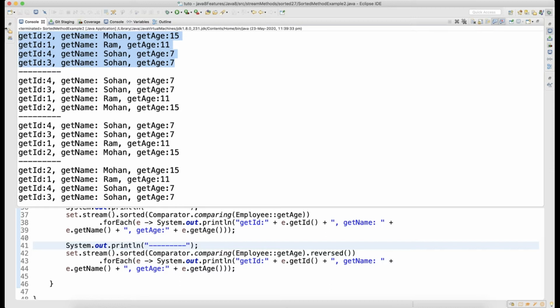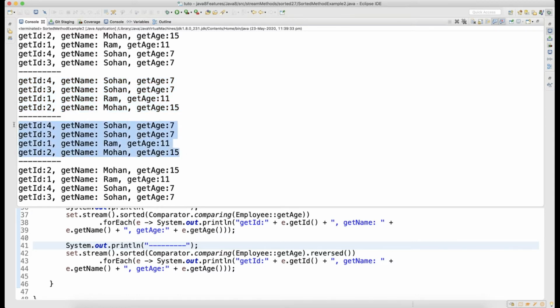We got the output. You can see that Mohan, Ram, Sohan, Sohan. Then on the same sorting we called reversed order. So the order got reversed. Whatever name sorting order you have got reversed. So the Sohan, Sohan and then Ram and Mohan.